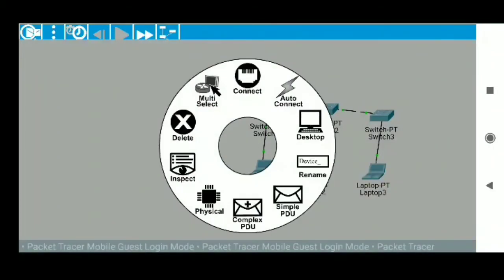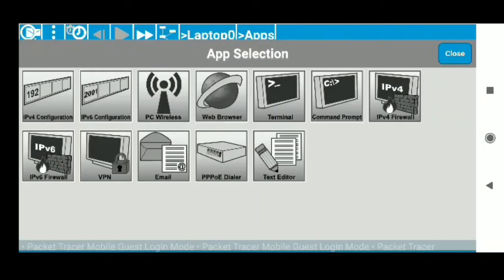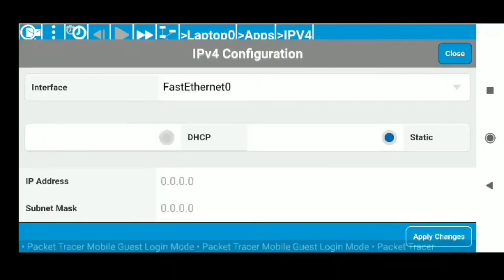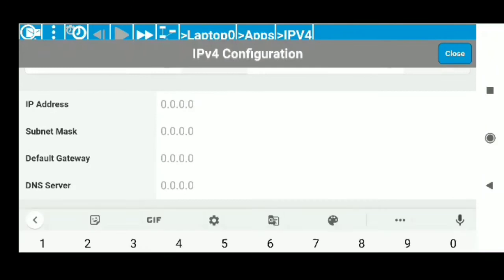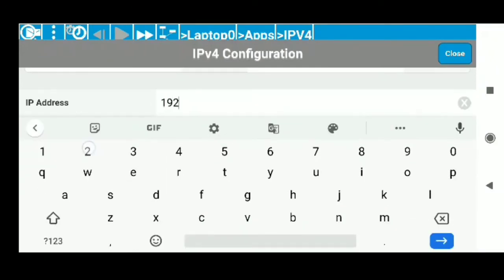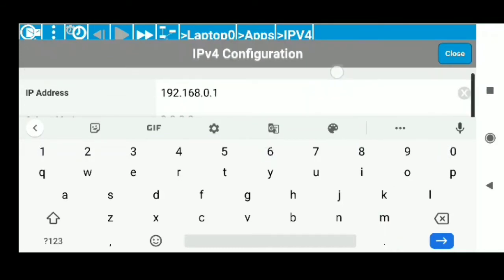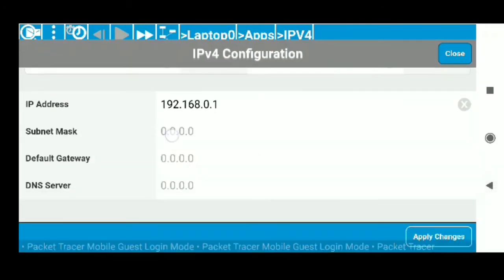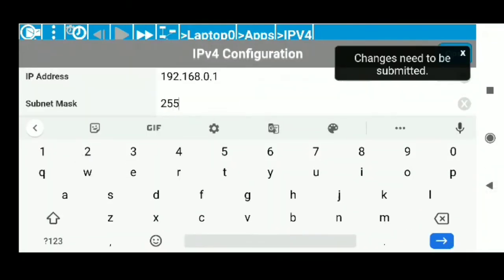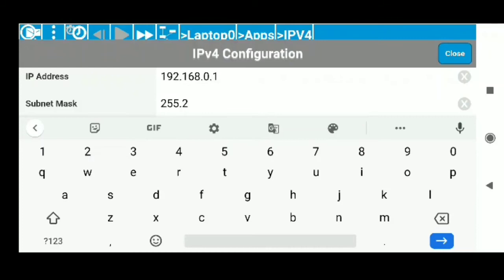Press on any laptop and go to desktop, so you can find IPv4 configuration. Enter the IP address as shown in this video, 192.168.0.1, and for subnet mask all are the same, 255.255.255.0.